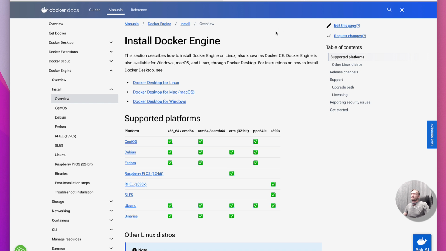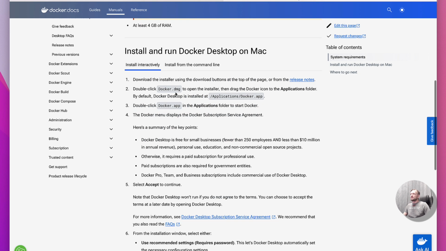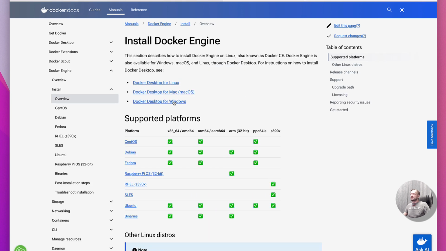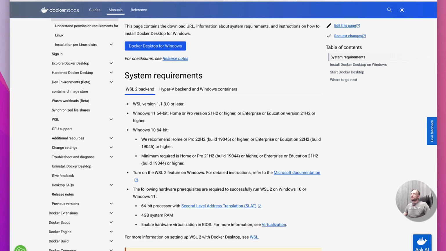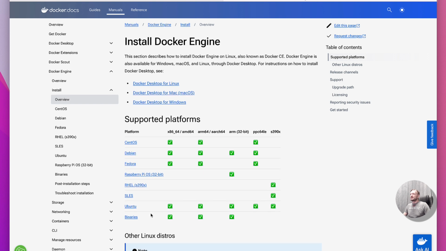Alright, so we are back and we are on Docker Docs. It's the official documentation for Docker, and we'll be going through the install procedure. We can use the desktop version for Linux, for Mac, or for Windows. And if you go to maybe macOS, everything will be written here. So you will just need to download the DMG, install it, and you should be good to go. More or less the same will be with Windows, and more or less the same with Linux. But today we'll be keeping it to the terminal-based one, so we will be using Ubuntu